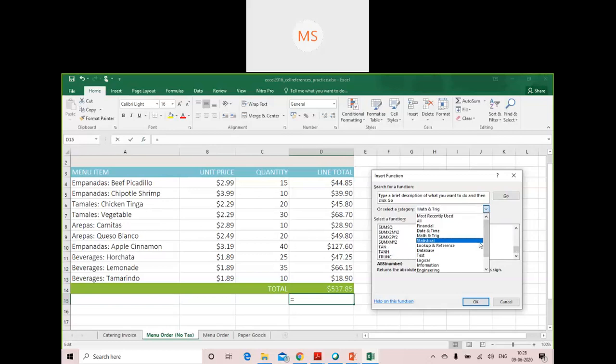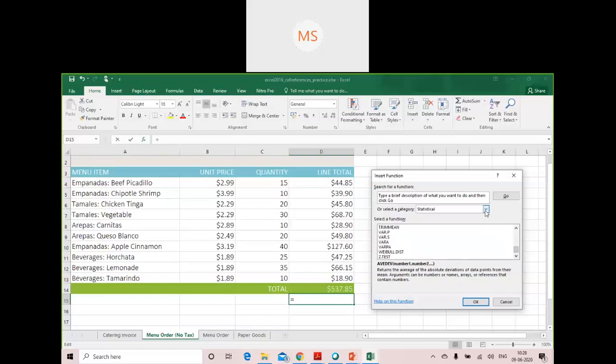If I am clicking on statistical, this is what I can see. Excel consists of more than 100 functions. We cannot learn each and every one, but you should learn how to make use of these functions, so that whenever required, you can use any of them on your own. You need to understand how to make use of these functions rather than knowing what they do.